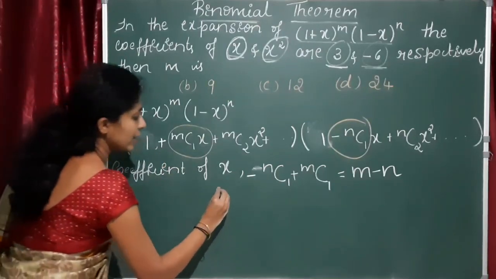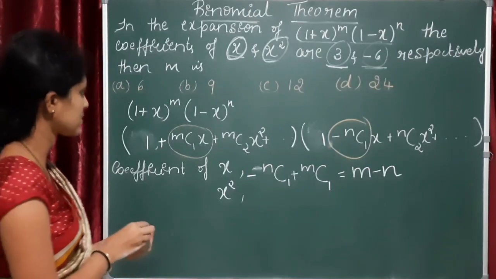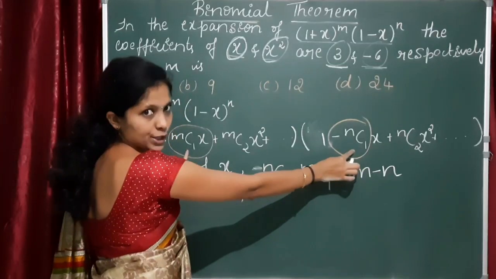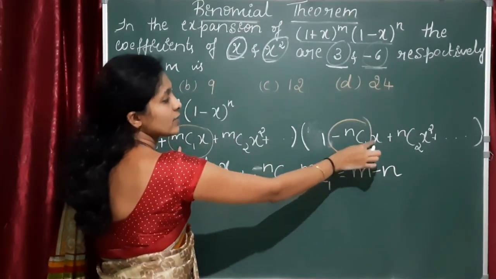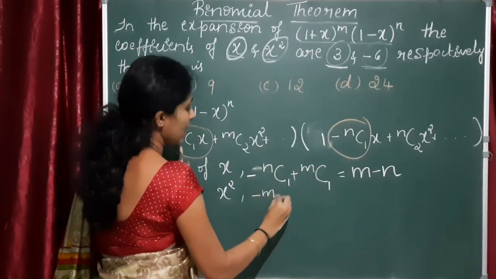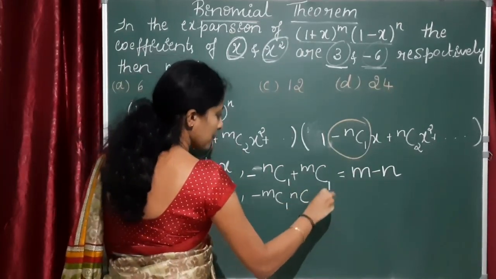Now similarly, we'll find the coefficient of x square. Where can we get the coefficient of x square? One, as I told you, if I multiply these two, I'll get a coefficient of x square. mc1x into minus nc1x will be x square. So I can write minus mc1 and nc1. This is one term, plus